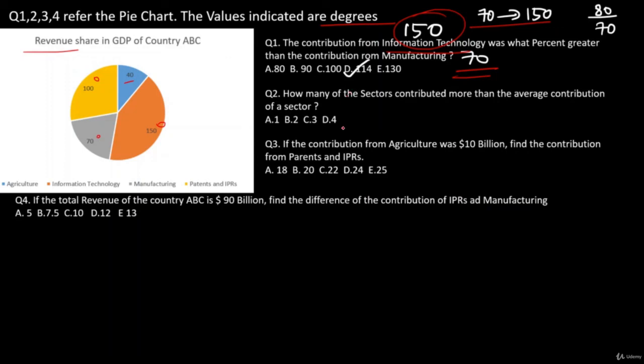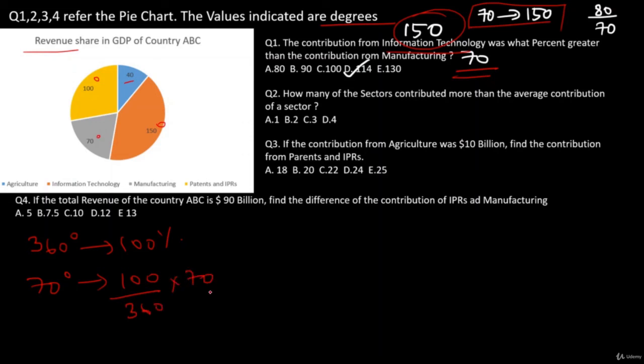All right, now let's proceed. Quick side note: why don't you need to convert this into percentage? Let's quickly see. If you were to convert 70 into percentage, let's write that over here. Remember, 360 degrees is 100%, so 70 degrees would be 100 divided by 360 into 70%. Similarly, 150 degrees would be 100 divided by 360 into 150. If you want to find the percentage change from this to this, in terms of percentage,